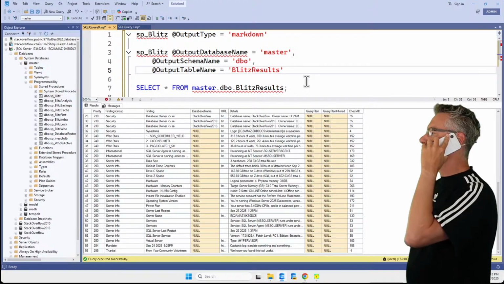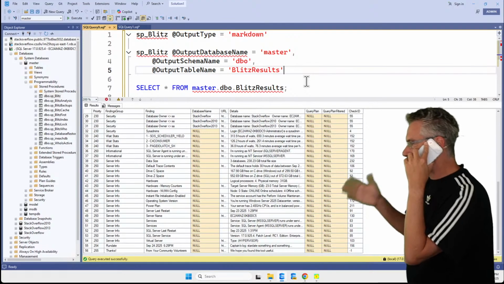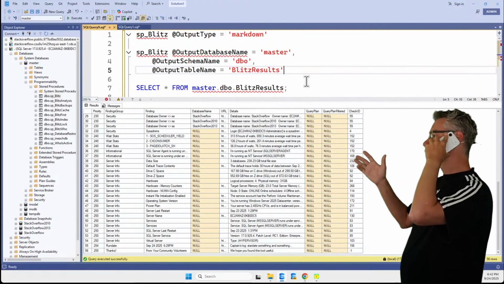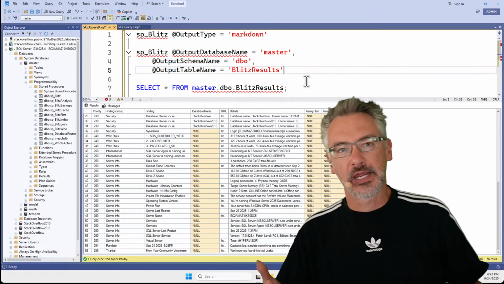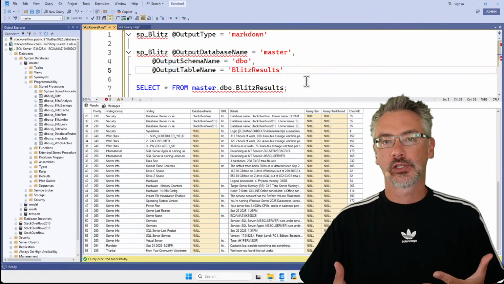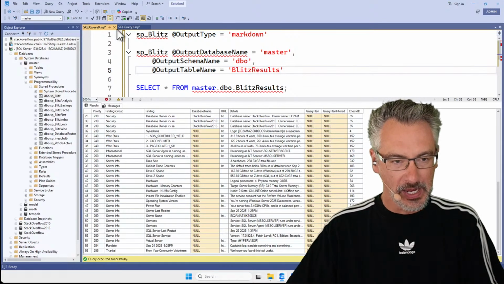So it's not really good for me if a client goes, hey, we got an emergency right now. Hey, can you remote desktop? I know you're probably busy, but we got a performance emergency on the SQL Server. Can you just go take a look? I can't usually drop everything and immediately go take a look at the SQL Server. So the